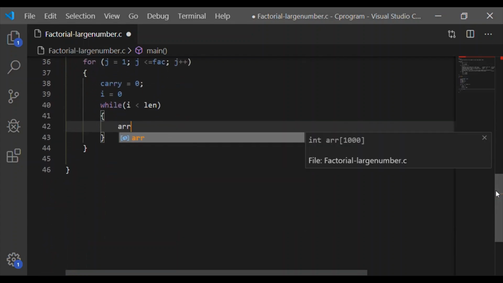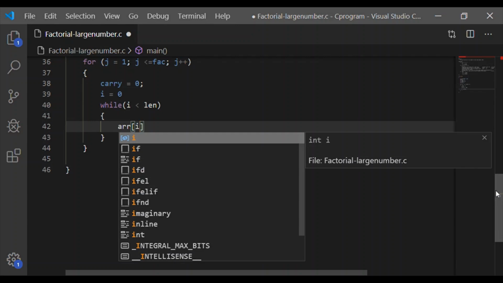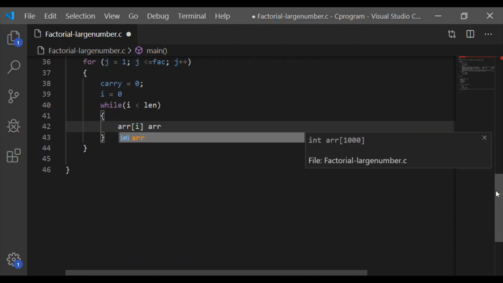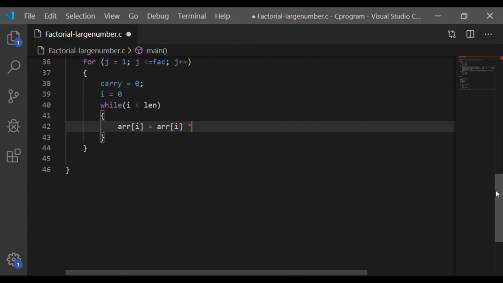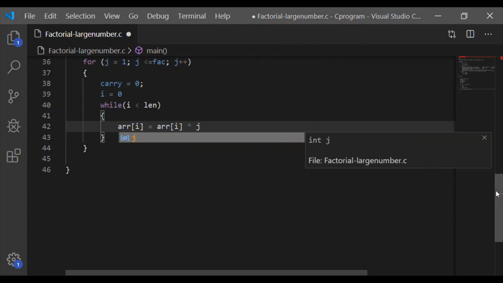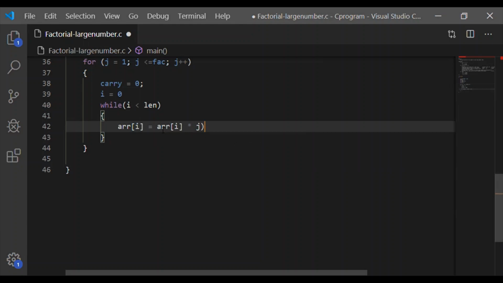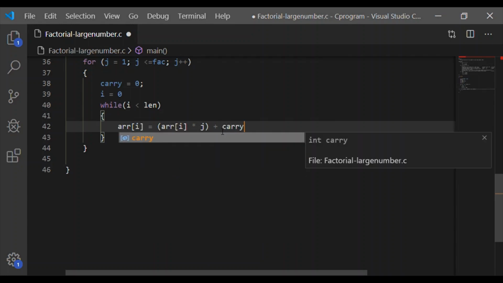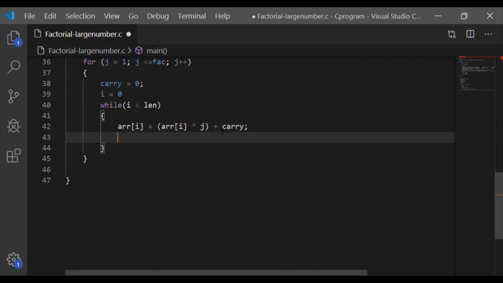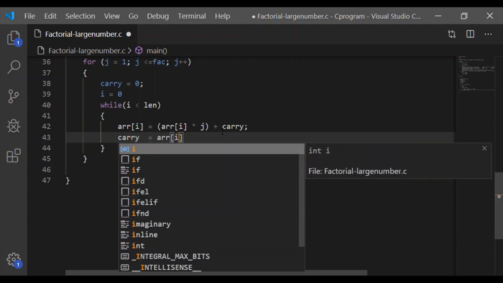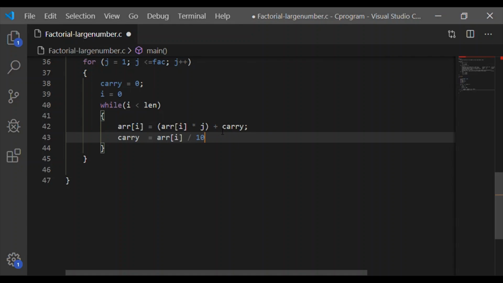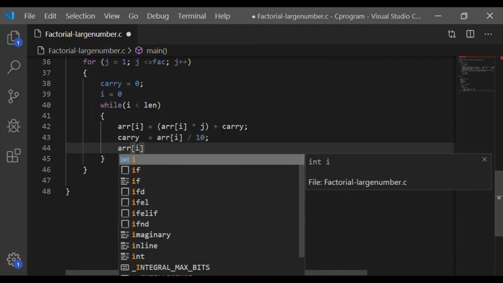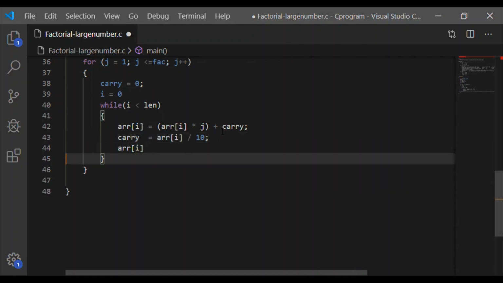I have started the while loop, which is equivalent to step 5 in our algorithm, because we have to repeat steps 1 to 4 until all array elements are multiplied. So i is less than length. We will take the array element multiplied by j. j is the value coming from the for loop. First time it will be 1, second time it will have 2, third will have 3, and j goes until the factorial value.